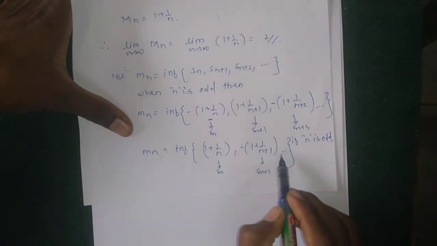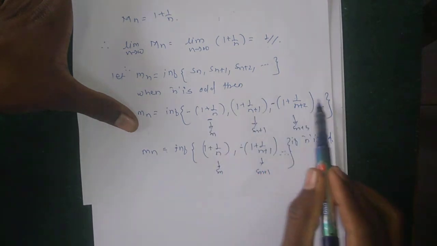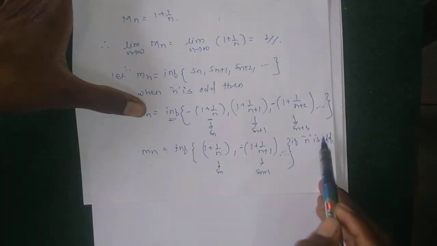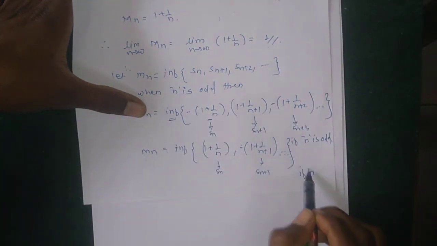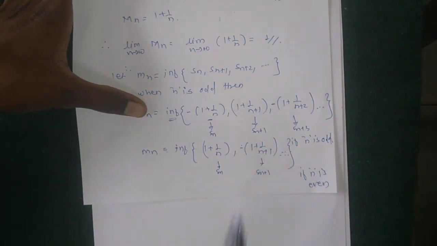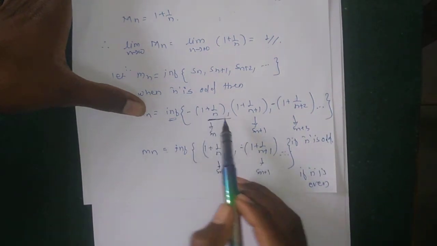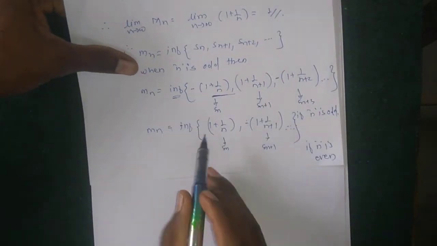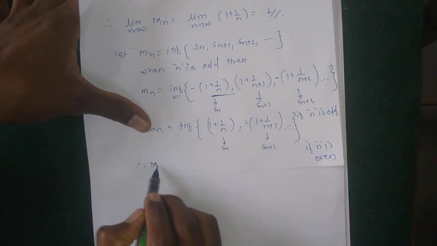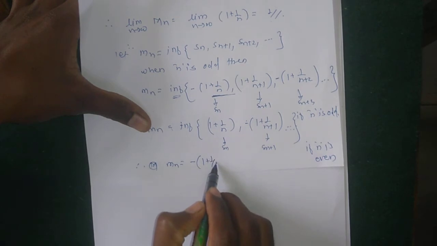So in both cases, if n is odd and if n is even, the smallest value of all these terms must be minus of 1 plus 1 by n. Therefore Mn is equal to minus of 1 plus 1 by n, and therefore